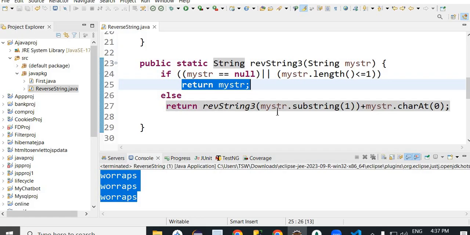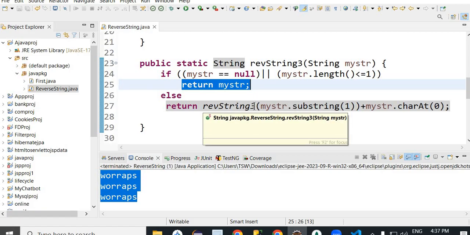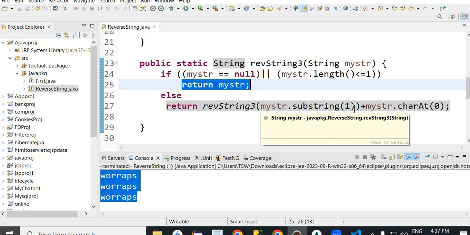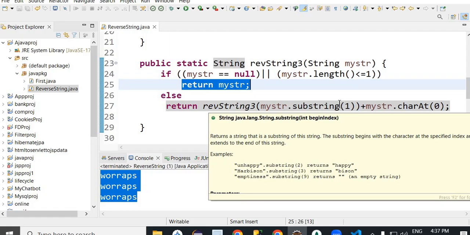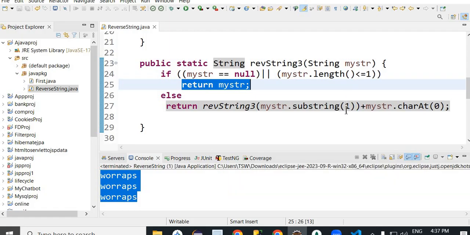We are passing to the reverse string 3 method one argument, mystring dot substring 1. It means it will take characters from your string, where you have written sparrow,